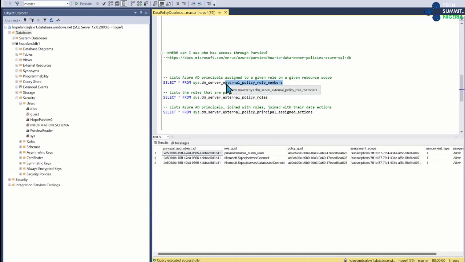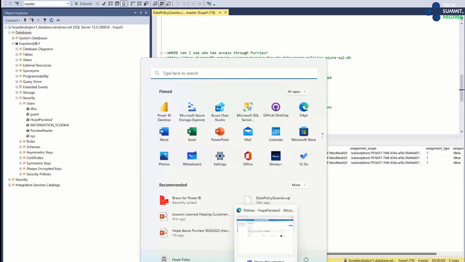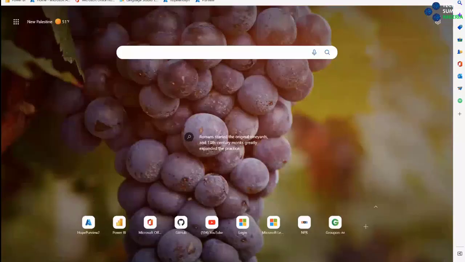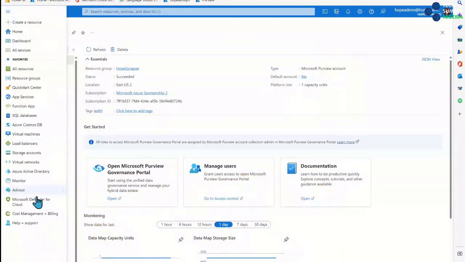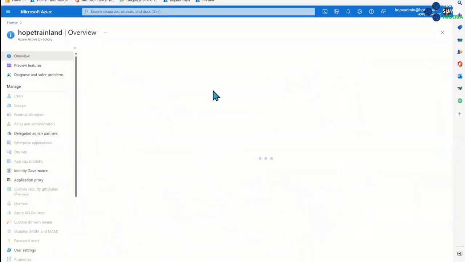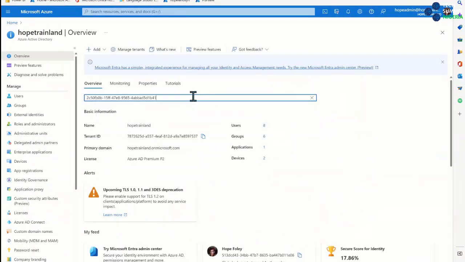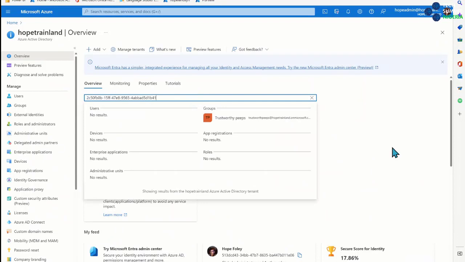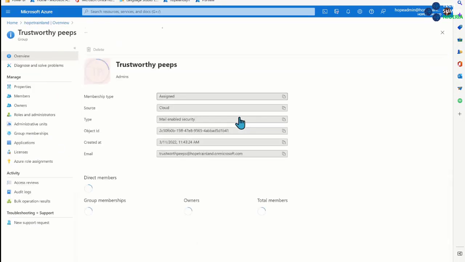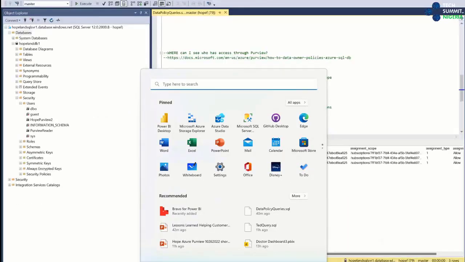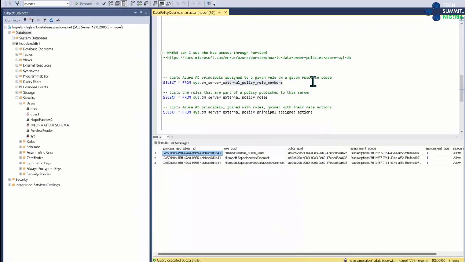SysDM external policy role members, you can see here, this is an Azure Active Directory object ID, and we can look this up over here if we'd like to. We can go into Azure Active Directory. Right now, you kind of have to go back into Azure. You can see here, this is my Trustworthy Peeps group. That is who has been granted access. But I have to kind of follow the breadcrumb trails a little bit, and I have to look in different